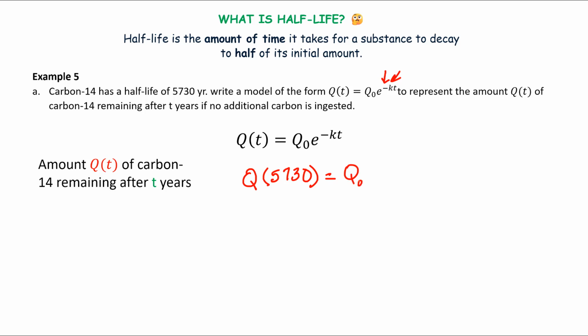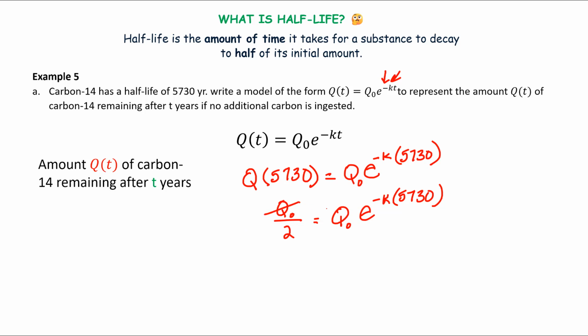equals Q sub 0 e to the negative k times 5,730. So we know Q of 5,730, we know what that is. It's half the initial amount. So we can put that right here, Q sub 0 over 2. And then the right side of the equation still looks like this, e to the negative kt. So now I can cancel the Q sub 0, and I'll have 1/2 is equal to e to the negative